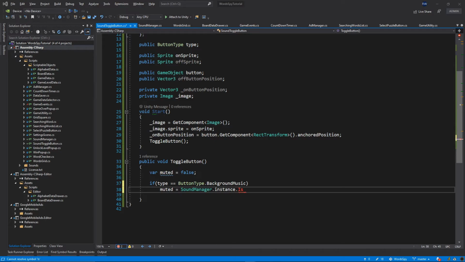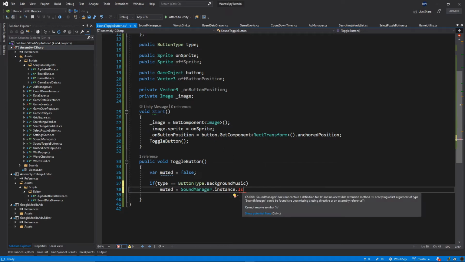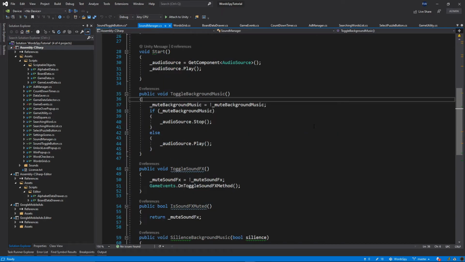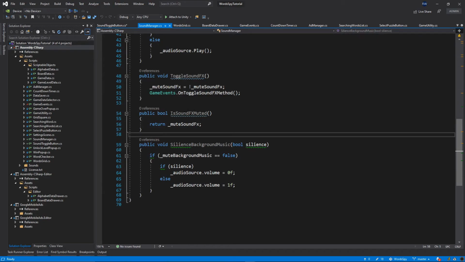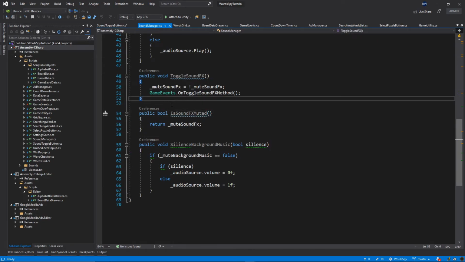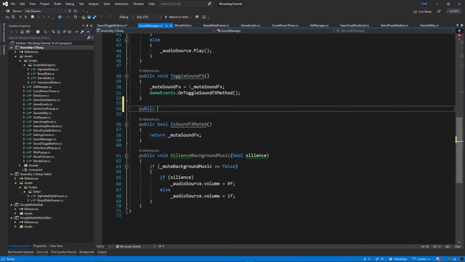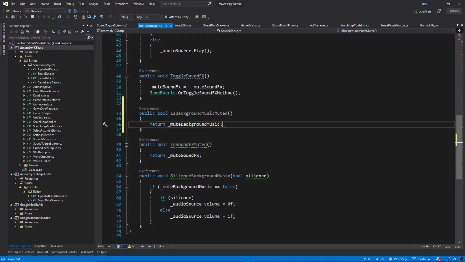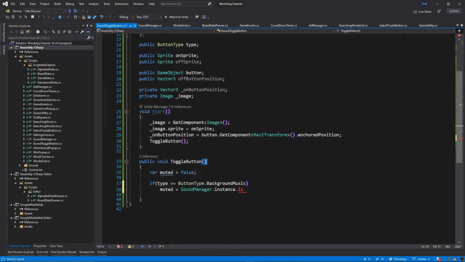We didn't create this function yet, so let's quickly go back to our sound manager class, and right above the is sound effects muted we want to create public bool is background music muted, and then return mute background music. Okay, make sure you save, and then go back to our toggle sound button, and then inside